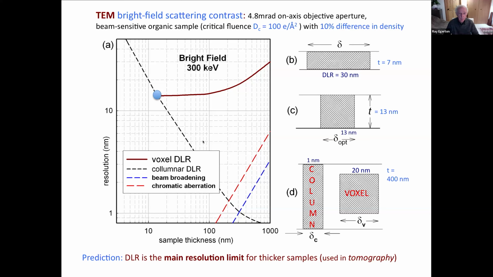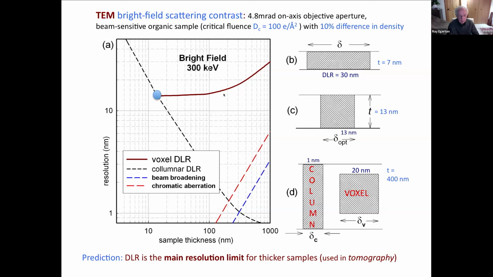But many features in the sample are equiaxed, roughly spherical, or in this case, cubic. So something different happens: as we increase the thickness of the sample, the dose-limited resolution actually gets worse, because the scattering from this voxel has to compete with scattering above and below the voxel. So we have two dose-limited resolutions which behave in different ways. And I think the voxel dose-limited resolution is probably the more important case,